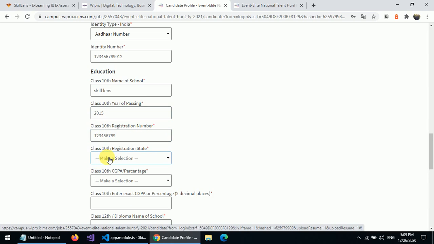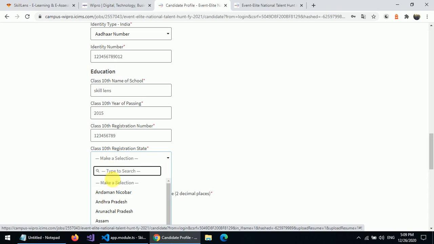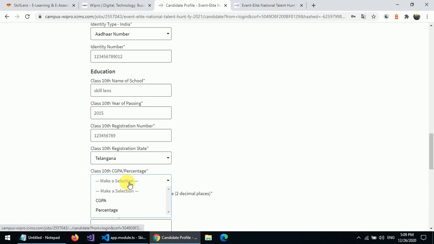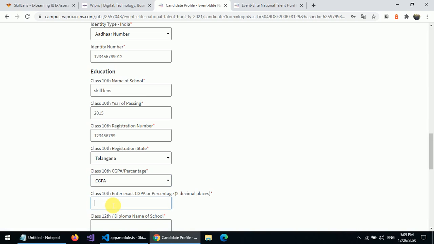And you have completed your 10th class from which state? From which state you have completed your 10th class, and whether your 10th class is CGPA or percentage, that you need to select. So I have selected CGPA, so my CGPA is 9.5. Then your 12th or diploma school name, so that's going to be